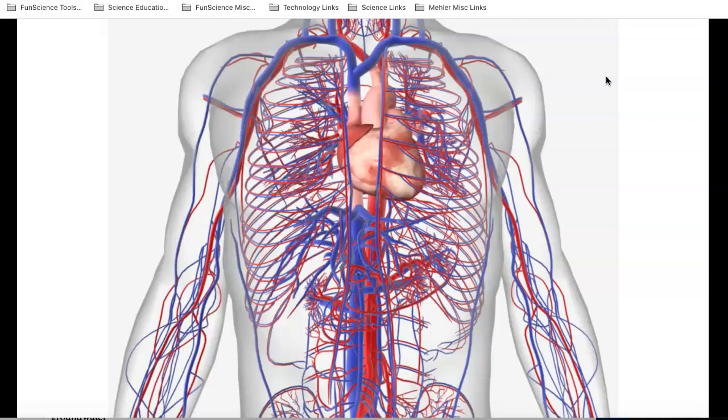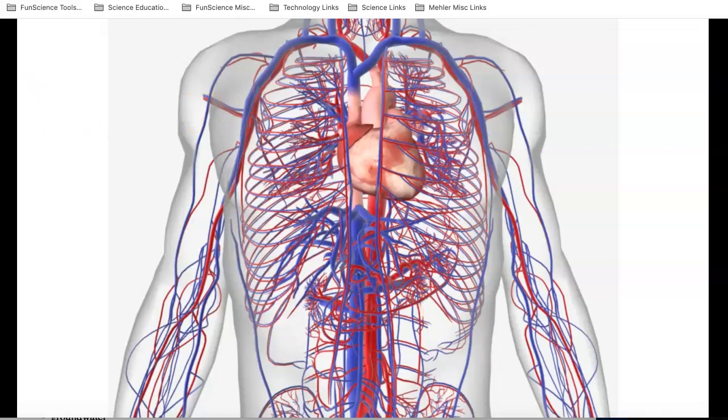Here's a shot from that website that we talked a little bit about in previous chapters. This is from BioDigital, and this screenshot is showing you the heart, and it's showing you some of the major veins that are coming back to the heart. Notice that they're in blue. Blood that has its oxygen being taken away by all of the cells is usually pictured in blue, and oxygen-rich blood from the lungs is always pictured in red, like this artery and this artery. So just keep in mind that blue normally signifies veins in any medical illustration, and red always symbolizes the arteries